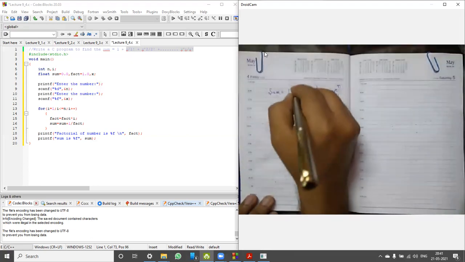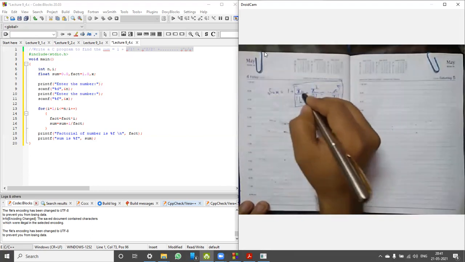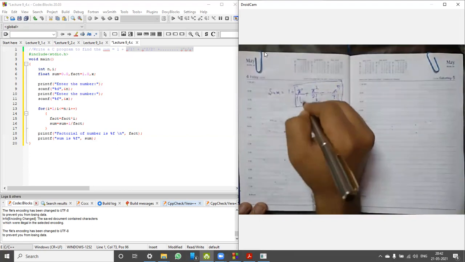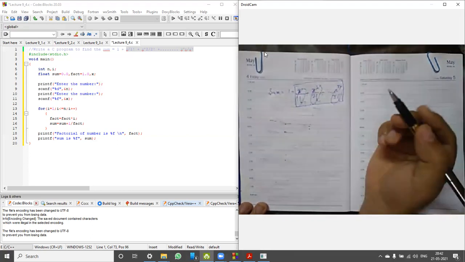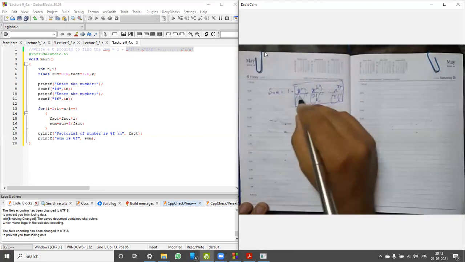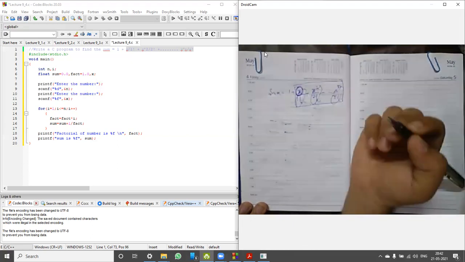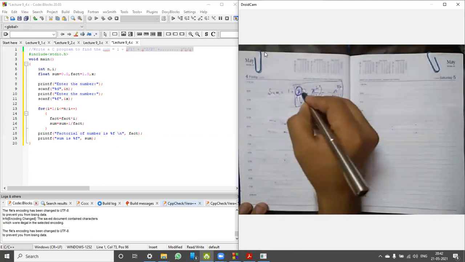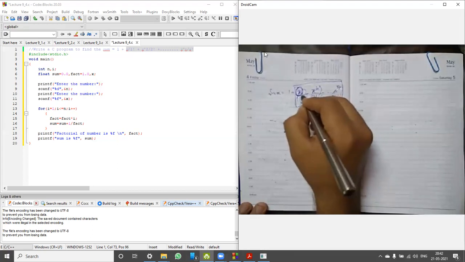In this case, first we can calculate this. It is simple. We already know how to calculate 1 over 1 factorial plus 1 over 2 factorial plus up to 1 over n factorial. Now we want to add this factor as x. In every iteration, we want to multiply this x.